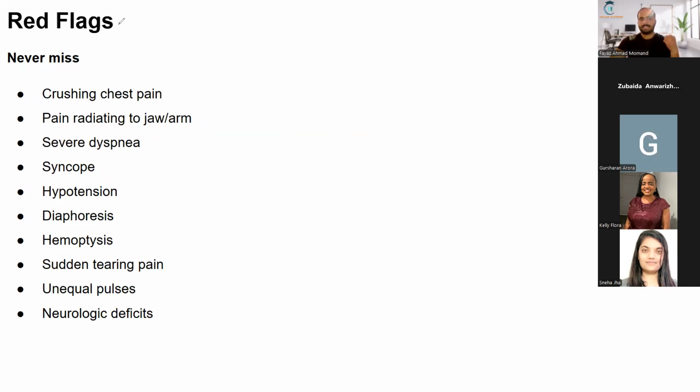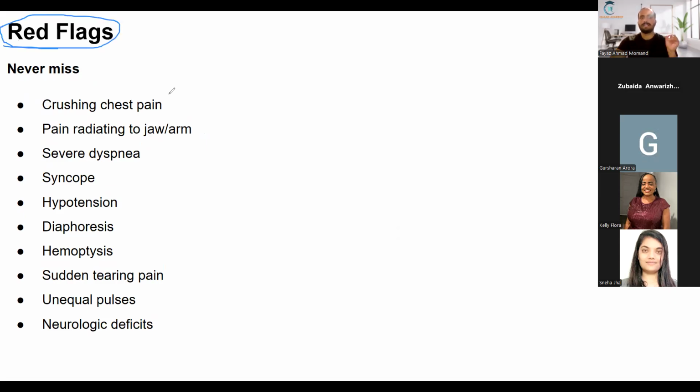These are some of the red flags that you are not supposed to miss. If the patient says they have crushing chest pain, this is a very important thing to note, as this is likely from the heart. Pain radiating to the jaw or arm is acute coronary syndrome until you prove otherwise. Severe dyspnea is either cardiac or pulmonary, but both are very important to follow up quickly. If the patient had syncope, it could be massive pulmonary embolism or acute coronary syndrome. Hypotension could happen with right ventricular infarct,